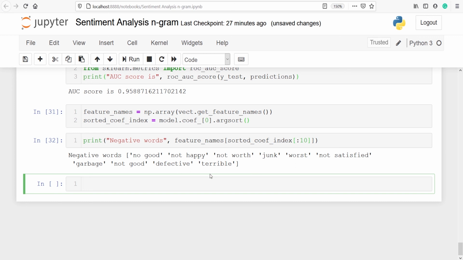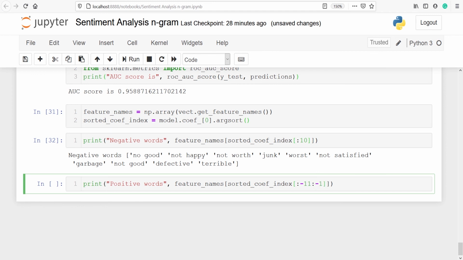Let's look at the positive words. Print positive words. We'll call our feature names, and we will pass our sorted coefficient index. This time we want to look from the bottom side, so I'll type here minus 11 up to minus 1.